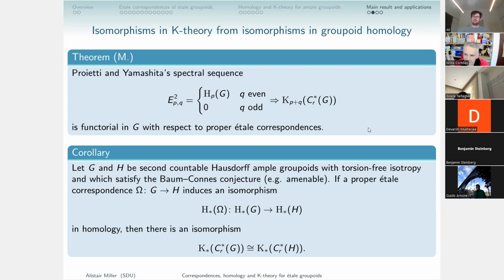I know my Davis-Lück well, but it never occurred to me that they should give a Chern character, but maybe it does. I could be wrong in saying that. There's the chance I'm misremembering something there, but I do think that there is a Chern character. It might not be Davis-Lück, but